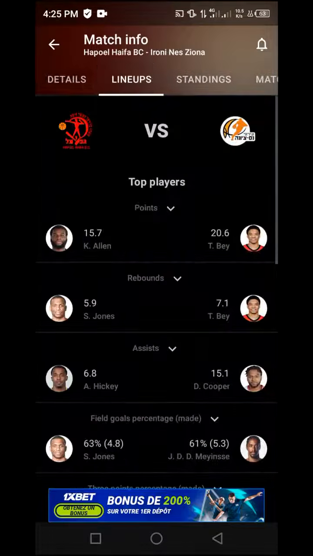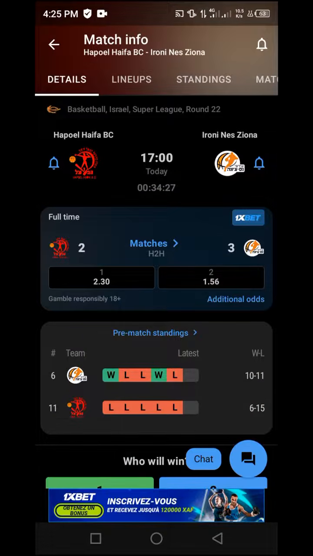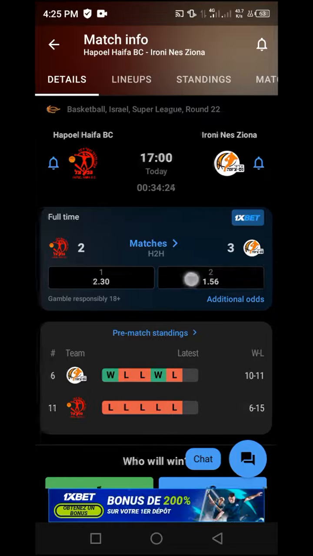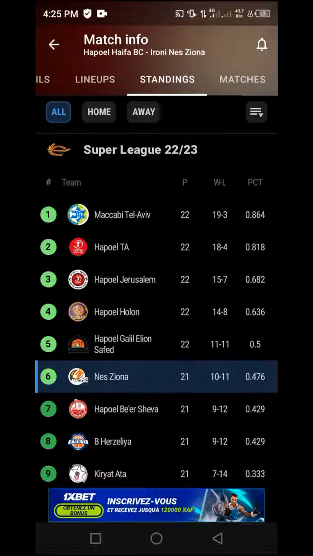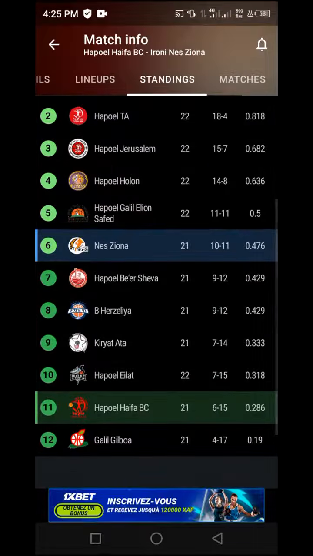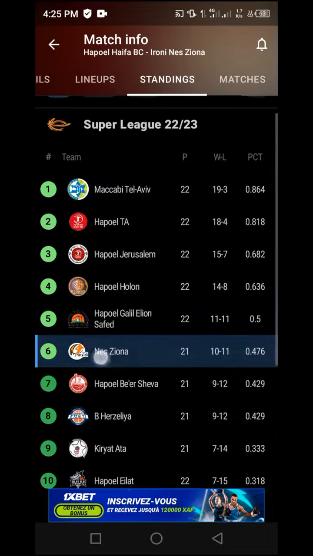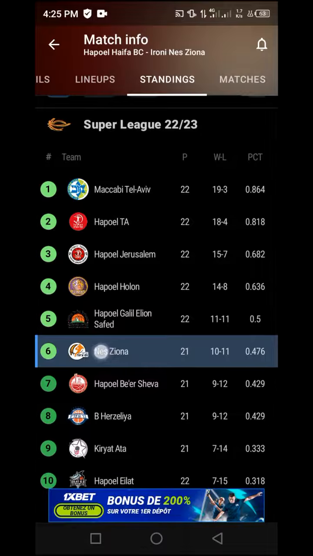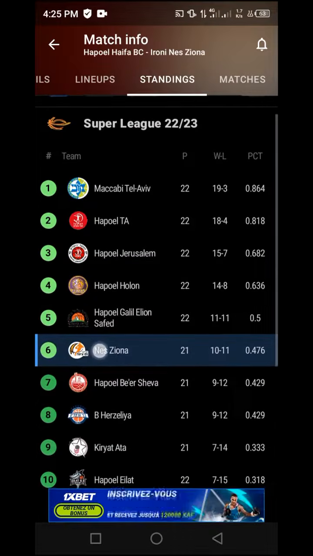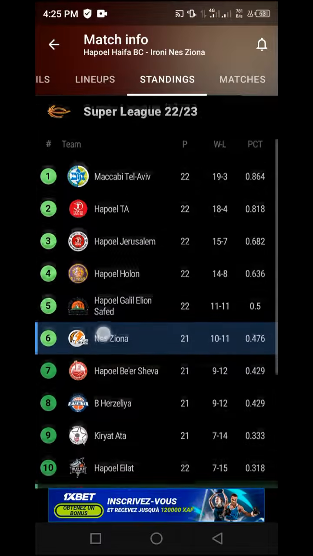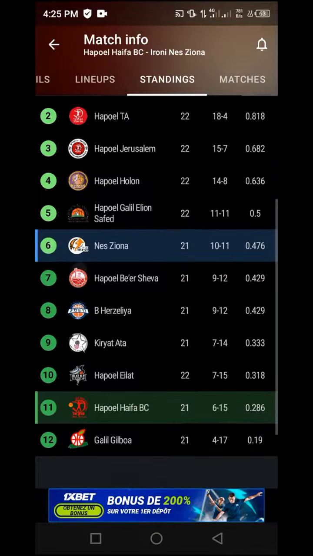Before standing in the details, you see that the favorite here is the away team, but the away team is the favorite, so go to standings and see. In this case, they are in the 6th and in the 11th position. But in this case, you can see that Nest Ziona is actually playing away. So in this case, there is no home advantage. And because it is playing away, you cannot just say, since they are actually in the 6th and in the